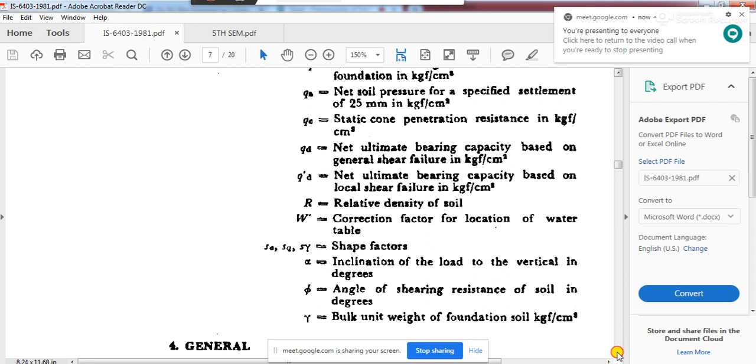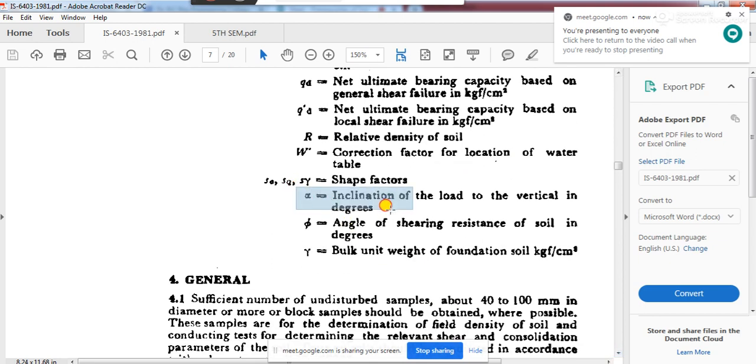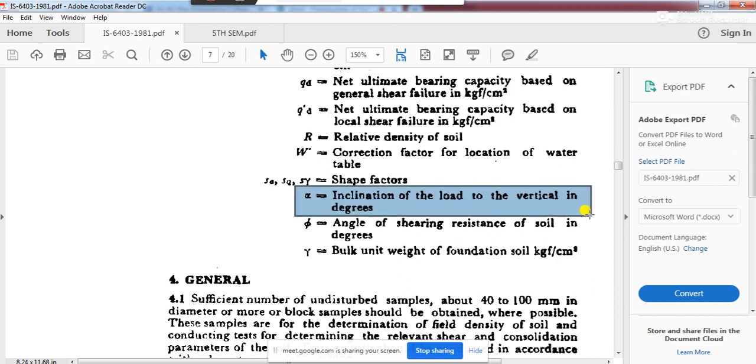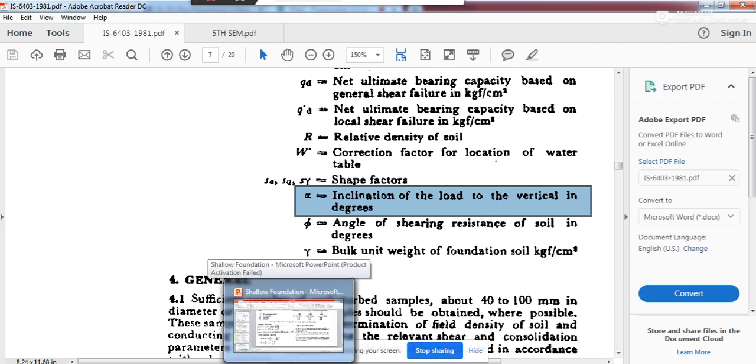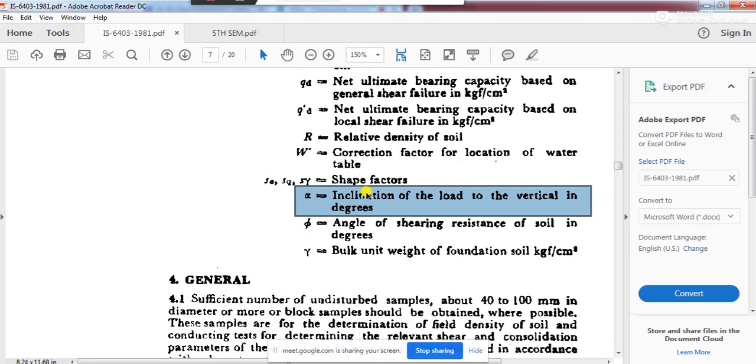Alpha is given here. So see what is said: inclination of the load to the vertical in degrees. This is very important. Please remember this. In competitive exams like GATE and engineering services, people get confused with this alpha value. The questions are given to confuse you on this alpha value. So what the code is saying is that alpha is the inclination of the load to